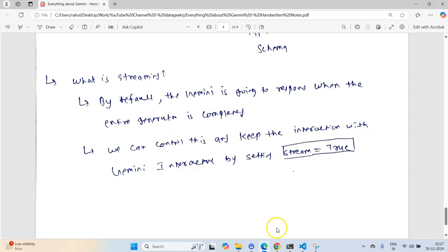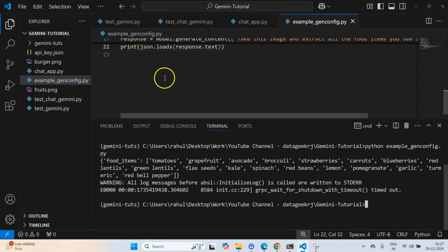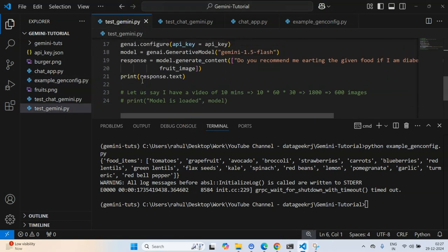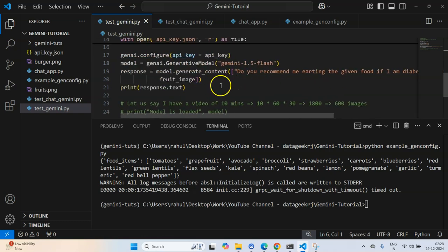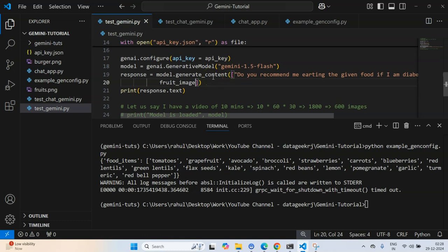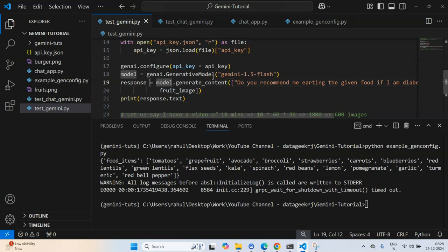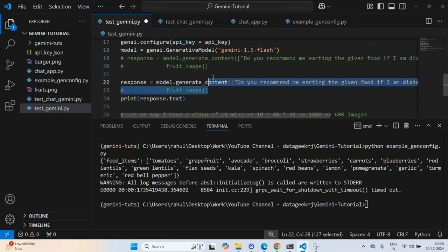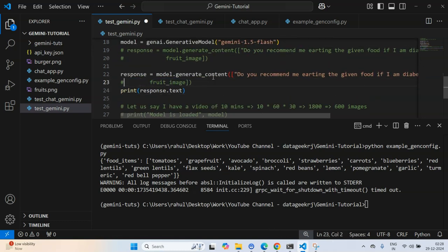Let me go to test Gemini again. I think we already have some text, so let me get rid of this response. Let me comment out this response, copy this, and create a new response.